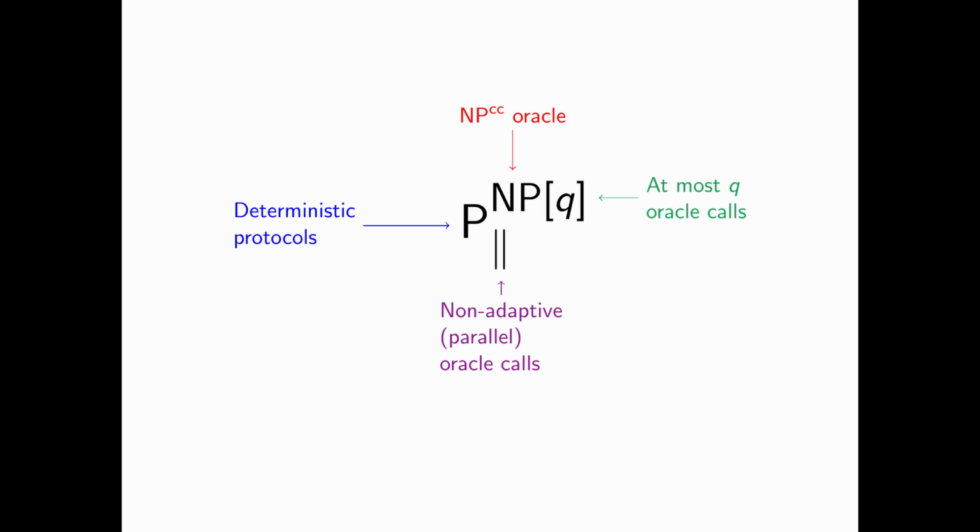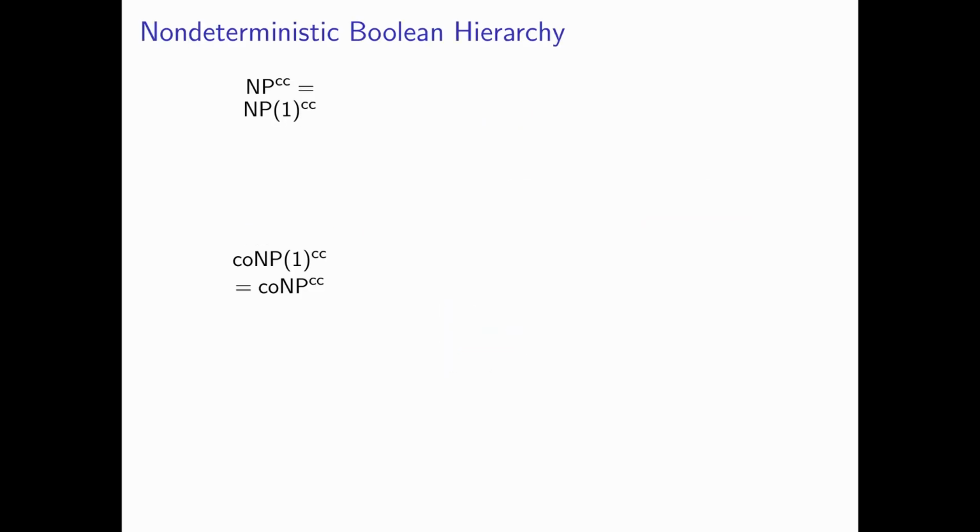Unfortunately, these rather well-motivated classes are hard to reason about without studying a slightly different set of classes that is traditionally called the Boolean hierarchy. We call it the Nondeterministic Boolean hierarchy to differentiate it from the Randomized Boolean hierarchy that I'll define in a moment. The first level of the hierarchy has classes NP1 and co-NP1, which are equivalent to NP and co-NP respectively.